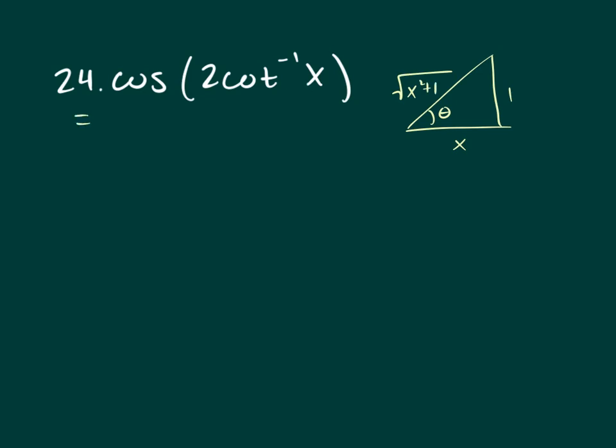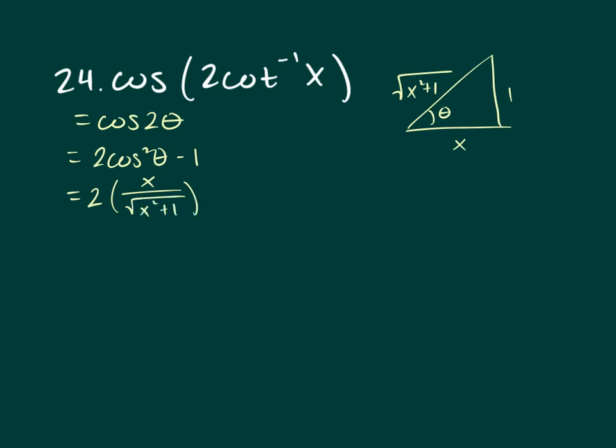What's different is what I'm asking for. I'm being asked to find cosine of 2 theta. So this is going to be 2 cosine squared theta minus 1. You can use any of the other ones if you so desire for the cosine 2 theta formulas. I'm going to plug in my cosine, so I get 2x over square root x squared plus 1 quantity squared